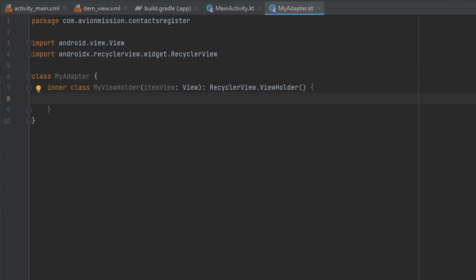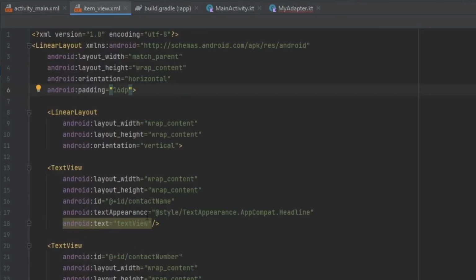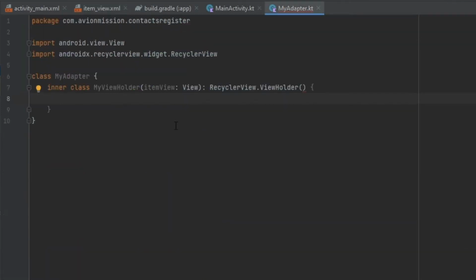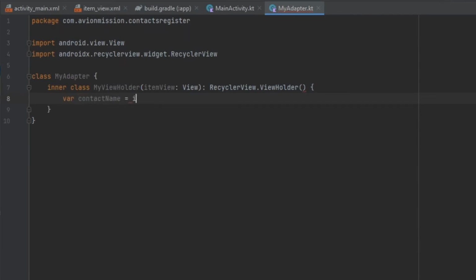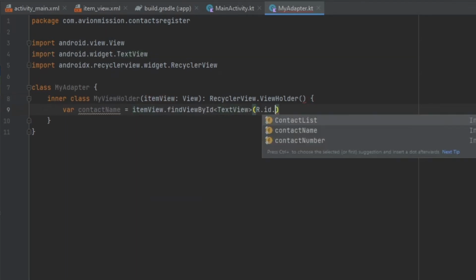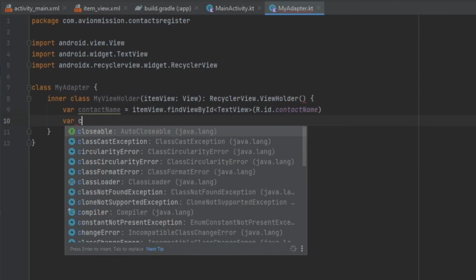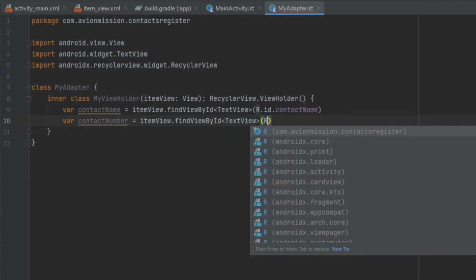We will also add some references to the views that we declared in our itemView.xml layout file, that we will use later. In the itemView.xml file, we have two text views, contact name and contact number, right? We will reference those here, like this. We will let variable contact name equal item view dot find view by id. It is a text view, of course, and the id is contact name. Similarly, we will reference another variable, contact number, item view dot find view by id. It's a text view, and the id is